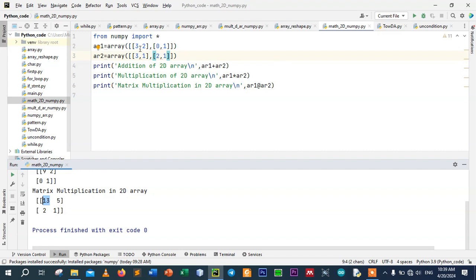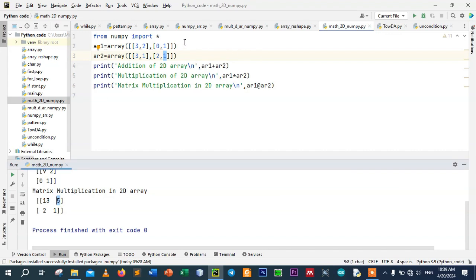3 times 1 plus, sorry, 2 times 1. 3 times 1 is 3, plus 2 times 1 is 2, total 5.